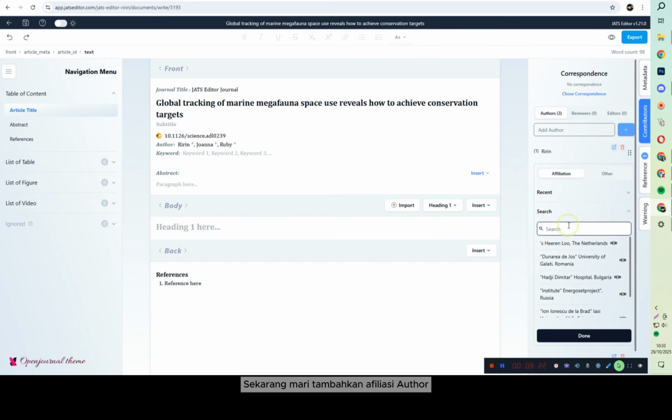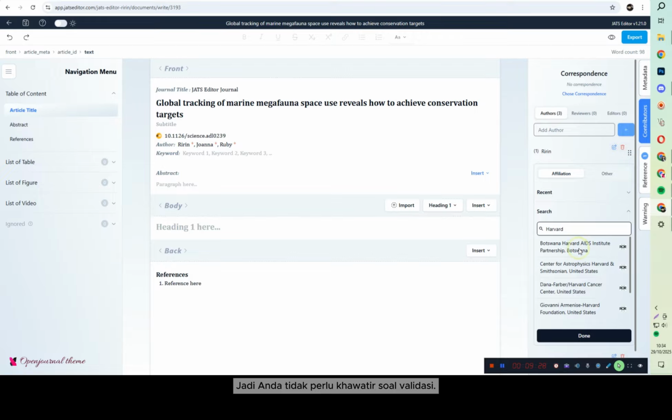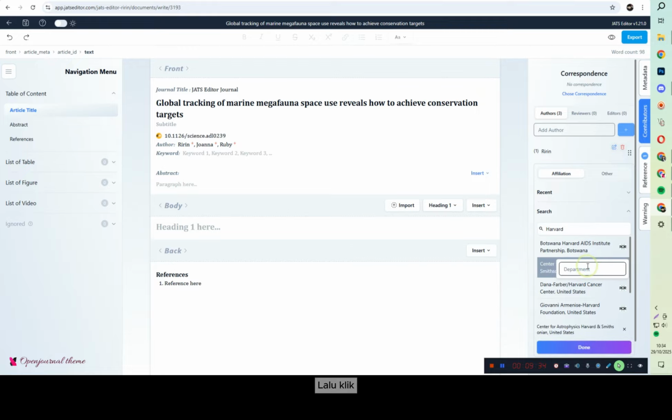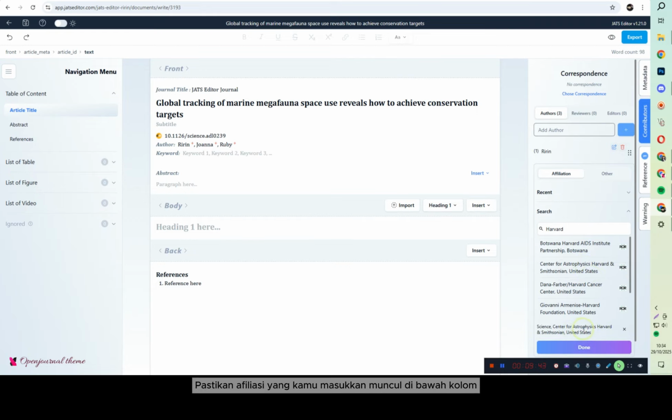Now, let's add the author's affiliation. GTS Editor is already integrated with ROR, so you don't need to worry about validation. Just type the institution or university name, click on it, then add the author's department. Once done, press enter on your keyboard. Make sure the affiliation you enter appears below the field to confirm it's added.